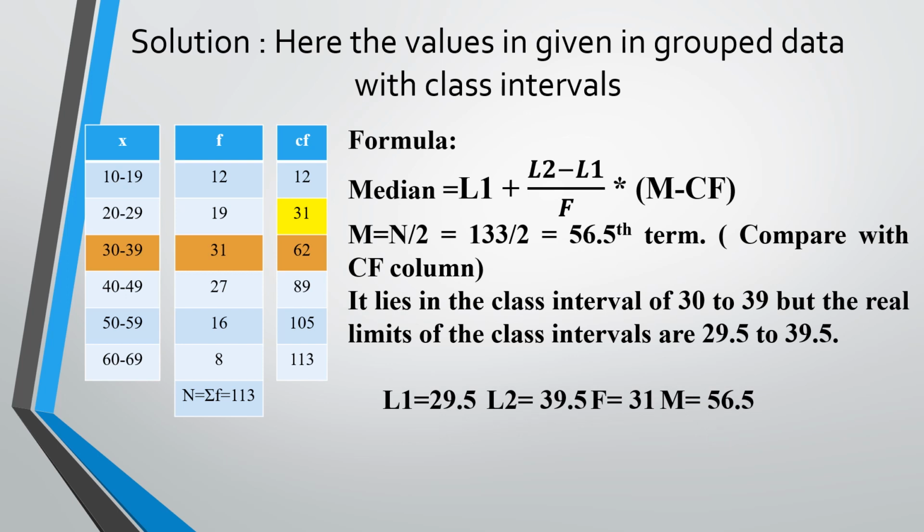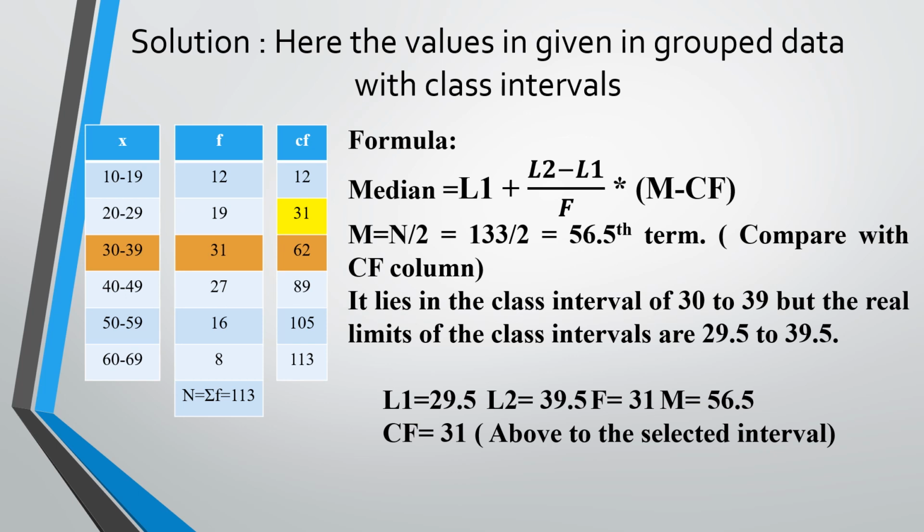Therefore the value of L1 will be equal to 29.5 and L2 will be equal to 39.5, because 29.5 is the lower limit of the median class and 39.5 is the upper limit of the median class, and f is the median class frequency, that is f is equal to 31, and m is equal to 56.5, which we have calculated as n by 2, where n is the summation of f, and Cf is equal to, in this case